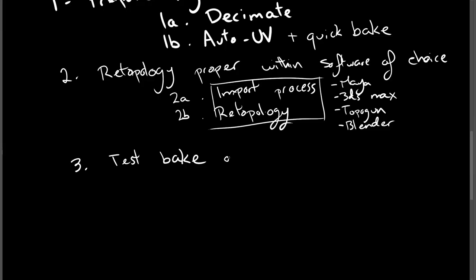Things like you'll see that on a low res, often you have polygons where, on the diagonal, you're not quite sure if it's in the proper orientation or not. You'll see that will be something that's going to come back a lot once we do the retopology per se. And really the only way to see whether a diagonal is facing in the proper direction or if it needs to be turned is by doing a test bake and then looking at the result. So doing a test bake of the low res, of course,